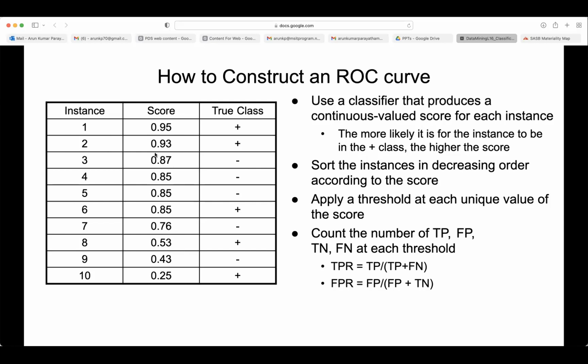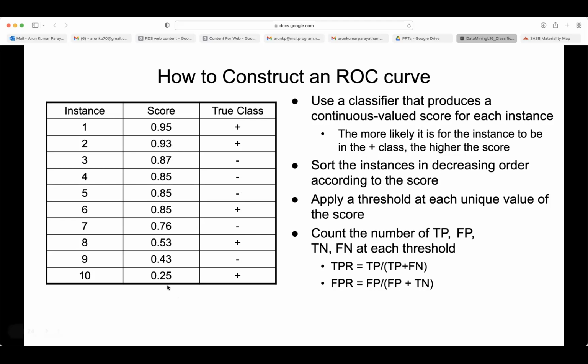Now, if you draw a line like 0.93 as threshold, what will happen? You will make no mistakes in predicting positive class. So you predict only 2 as positive, remaining things are negative, right? If you draw a threshold, the value should be 0.93 to be predicted as positive. Then what problem are we creating here? If you take threshold as 0.93, whatever you are predicting positive is positive. But what mistakes are you making? We're missing out 3 positives.